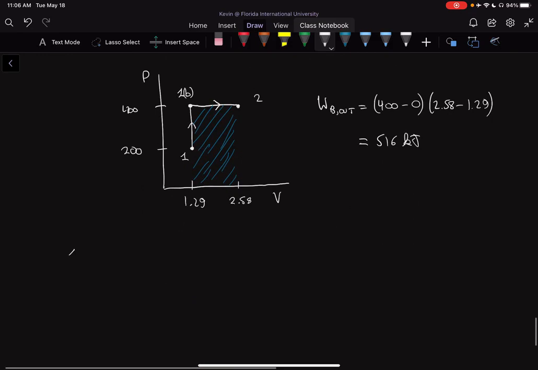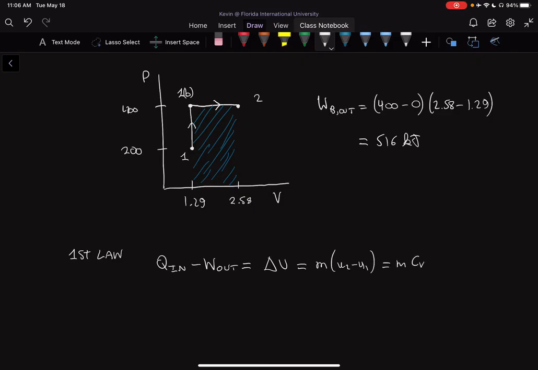So using the first law for control mass, we can say with our assumptions that delta K and delta P is equal to 0, we can say that Q in minus work out is equal to delta U, and delta U in this case is equal to mass times U2 minus U1, which is also equal to mass times CV times T2 minus T1,